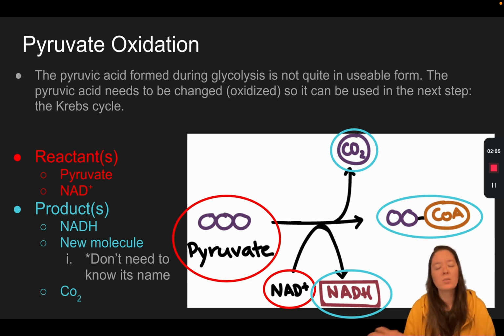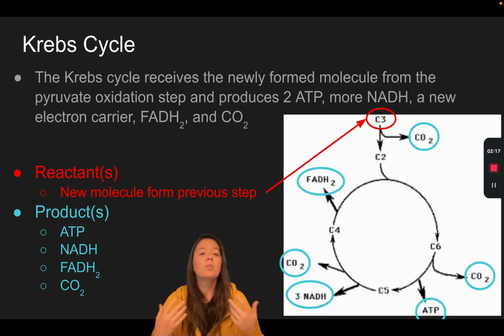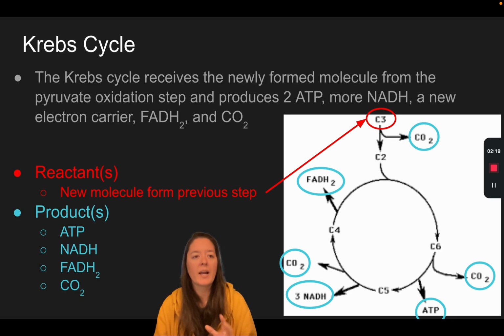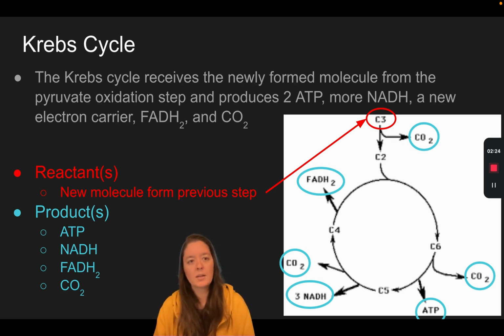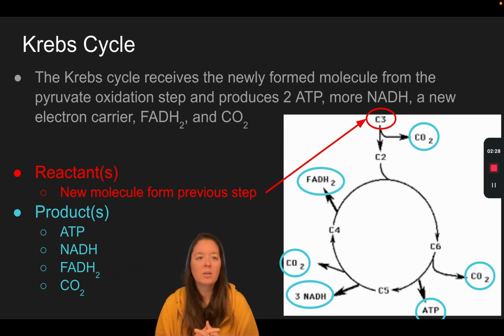A new molecule you don't need to know the name of. If you're curious, you'll definitely learn that in AP biology. And carbon dioxide. That's definitely going to be one of our products. So now that we've changed the pyruvic acid into that new molecule, we can use it in the next step called the Krebs cycle. So that Krebs cycle takes that new molecule from the pyruvate oxidation and makes 2 ATP,